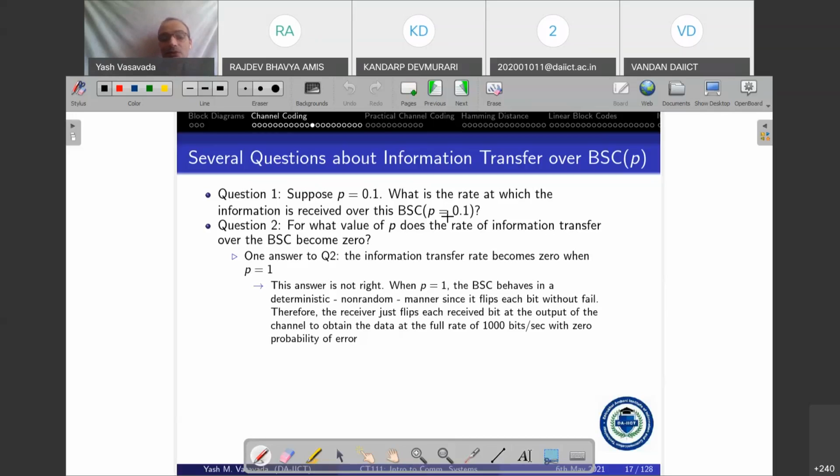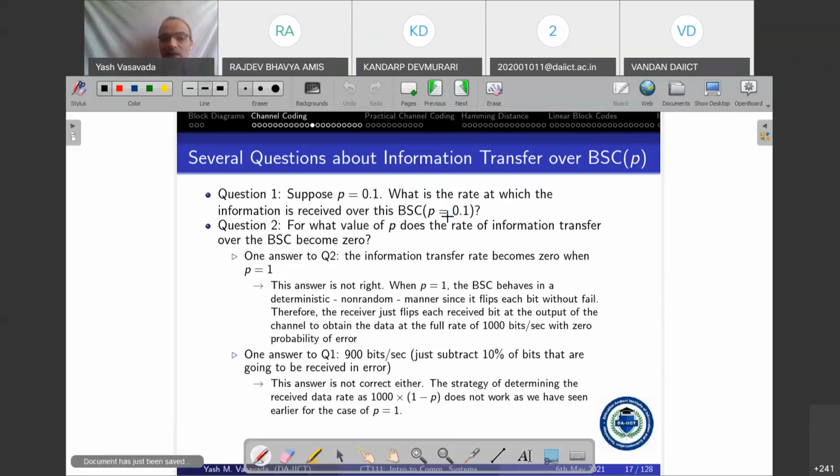And so then you have to start stretching your head because you use the same logic to answer question 1. And that also I had guessed correctly that you would say it will be 900 bits per second, but that cannot be right either because if this was right, then the answer to question 2 would have been right. But more specifically, you can't say that the receiver will get 900 bits per second because the transmitter is messing up with some 10% of the bits